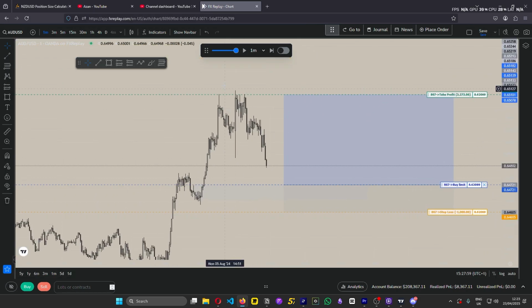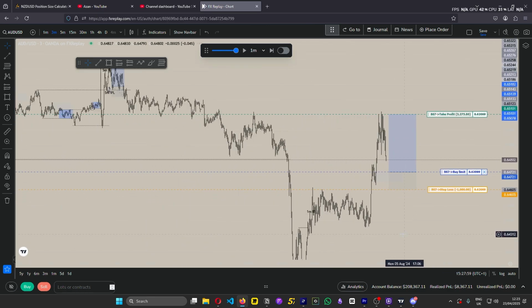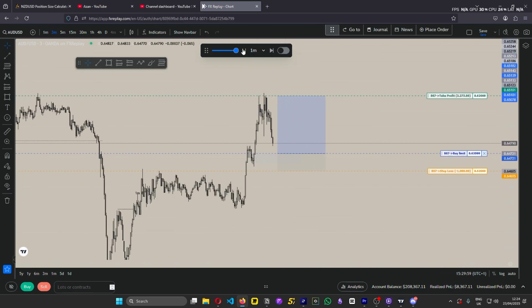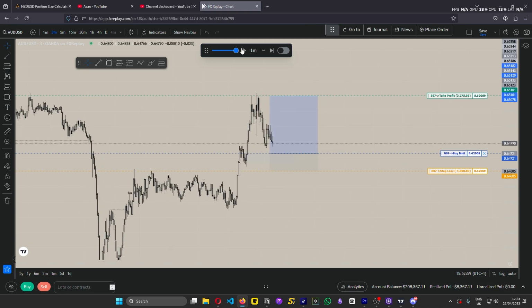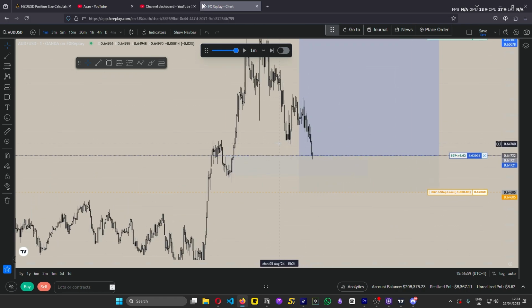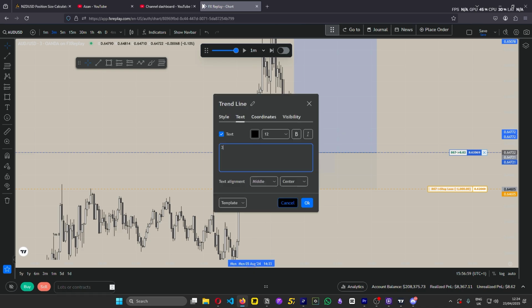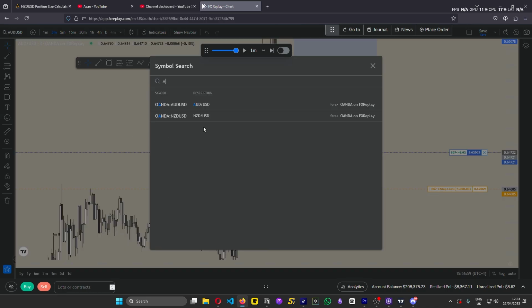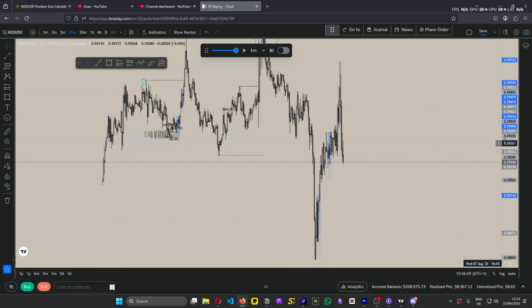I like that. This one, is it valid still? Yes, it's valid. That's the last break still. Did we get a shift? No. We just got a mitigation. Question is, will it play out? I'm gonna keep on taking it until we actually shift back.